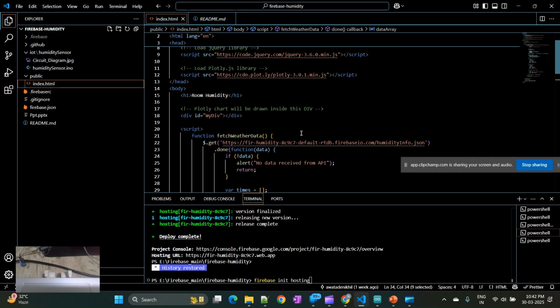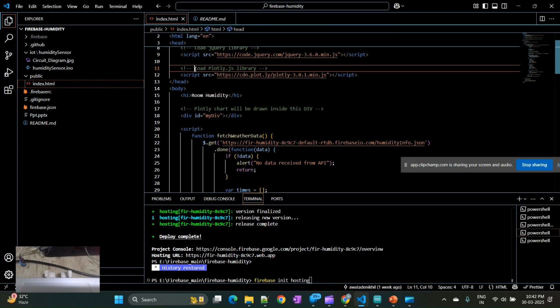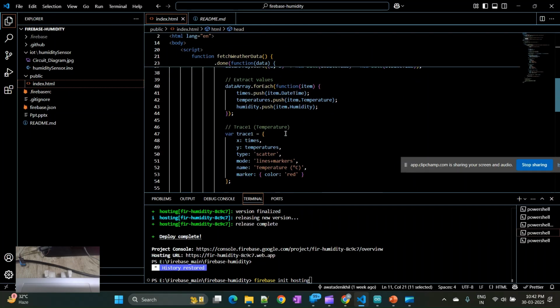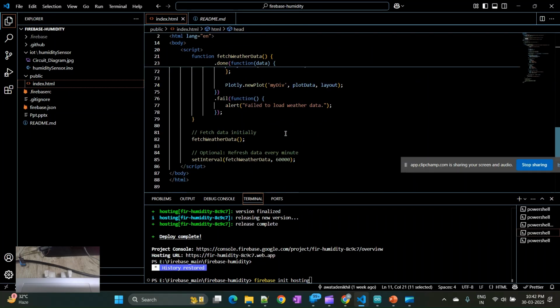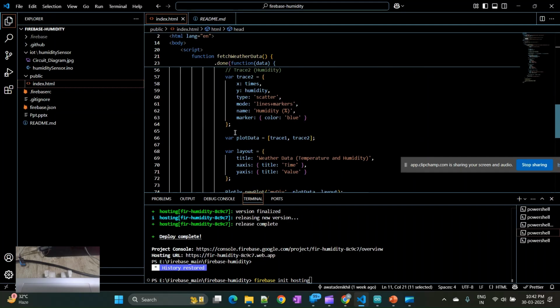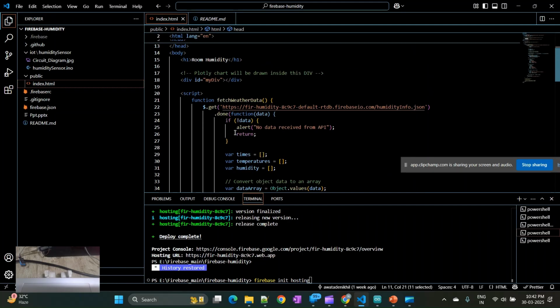So in this project, we are showing the data in a graphical way. So that's the reason we have used a third-party library. This library will help to show the data in a graphical manner. So this is about this